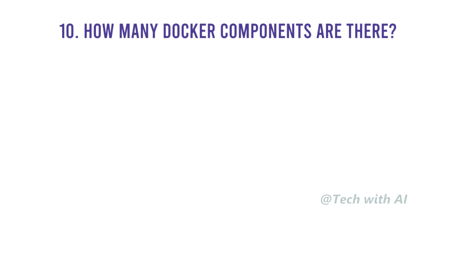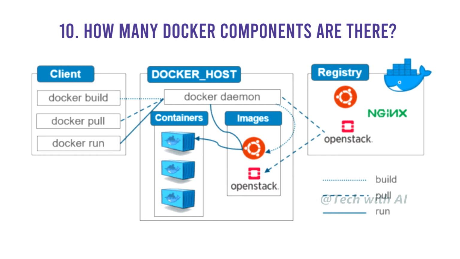How many Docker components are there? There are 3 Docker components. They are Docker Client, Docker Host, and Docker Registry. Docker Client. This component performs build and run operations for the purpose of opening communication with the Docker host. Docker Host. This component has the main Docker daemon and hosts containers and their associated images. The daemon establishes a connection with the Docker registry. Docker Registry. This component stores the Docker images. There can be a public registry or a private one. The most famous public registries are Docker Hub and Docker Cloud.